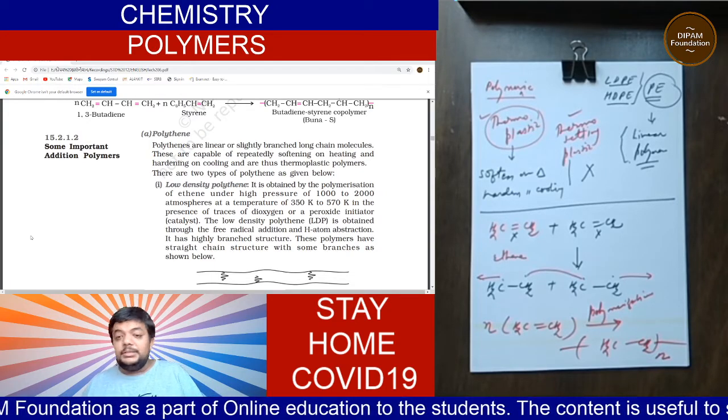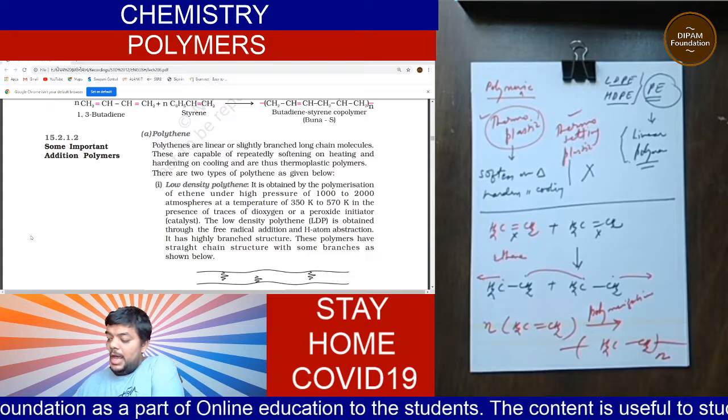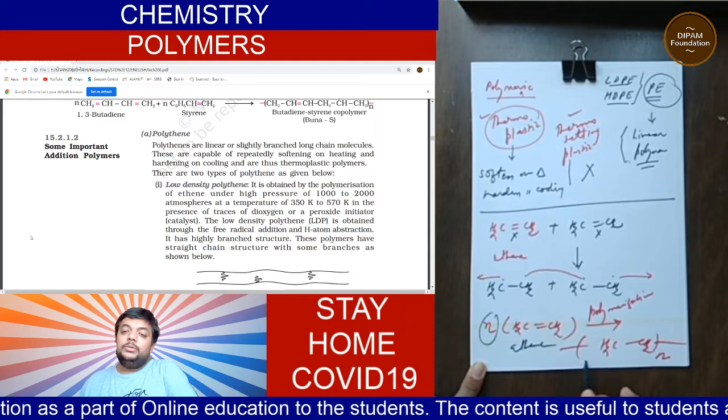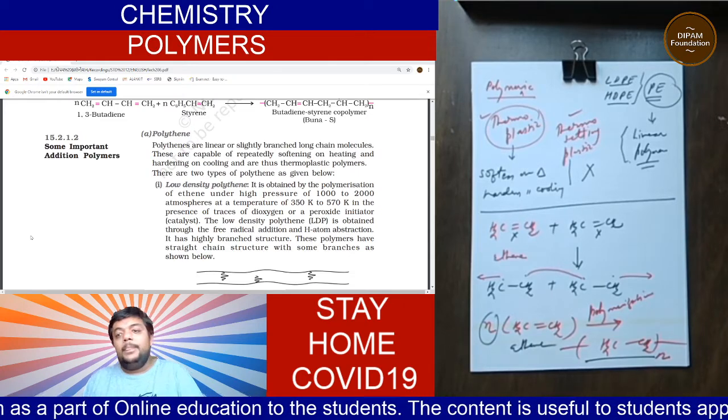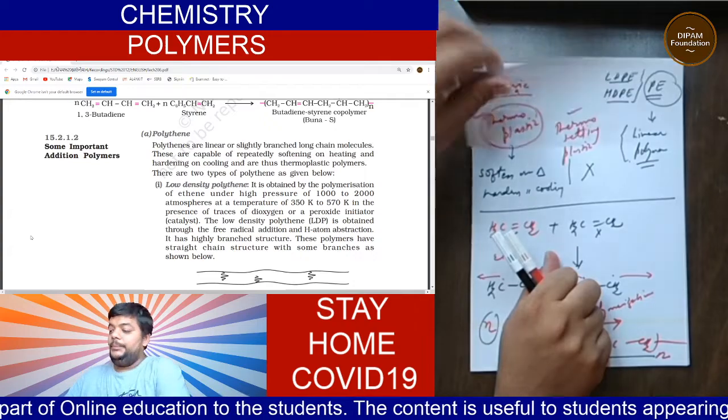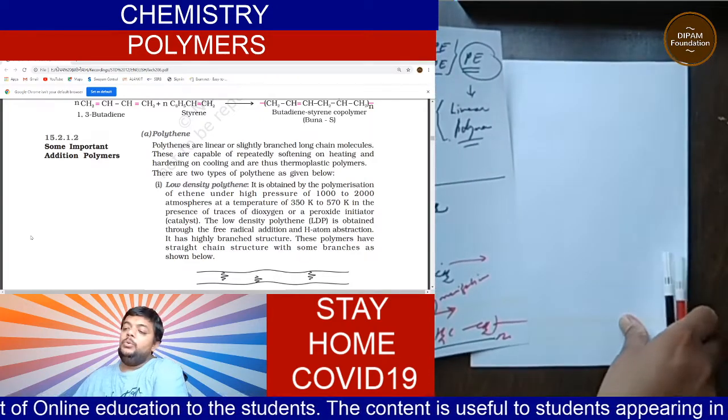Although this is a very simple reaction where n moles of ethene get converted into n moles of polythene, many more important points are to be remembered over here, which includes